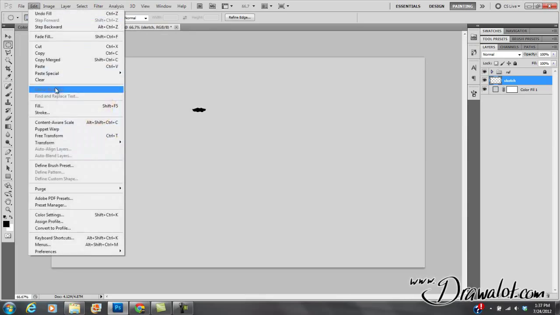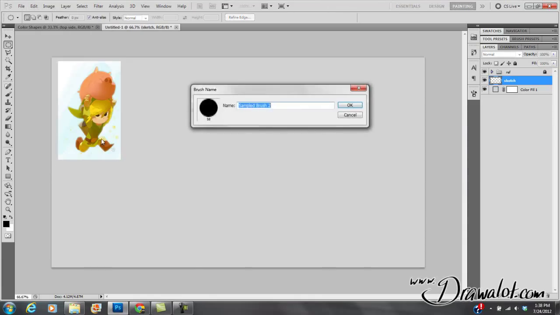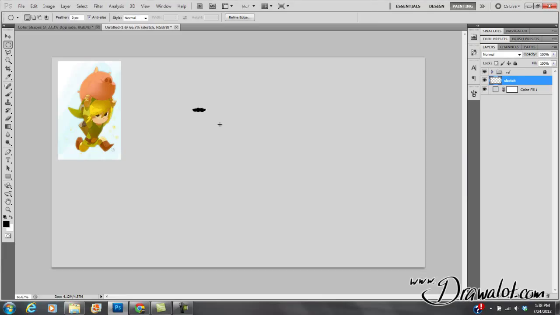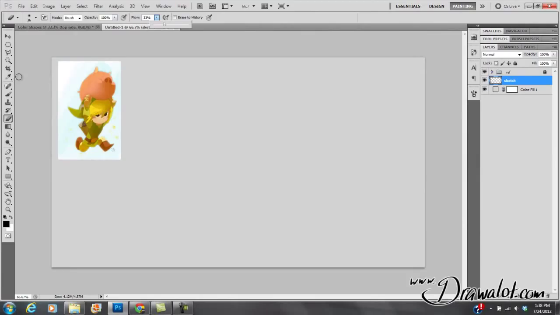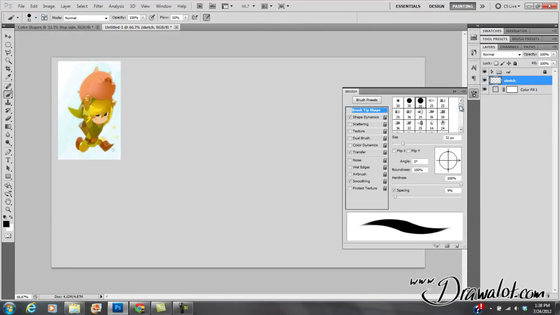I'm going to go Edit, Define Brush Preset. I'm going to call that a wide brush. Okay, so now if I press Backspace, I delete that. Control D to deselect. I can go down to my eraser. I can erase what I've done so far. Press the B button to go back to my brush, or I can click on the brush over here. So now I can draw to my heart's content, right? And the cool thing is now I can go to my brushes over here, and if I go to the last one,